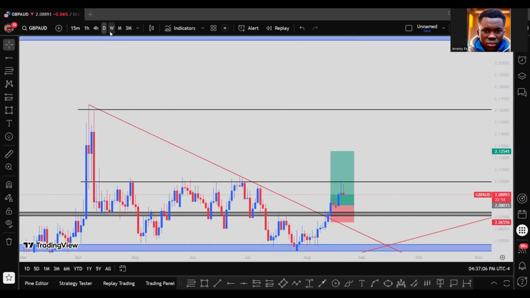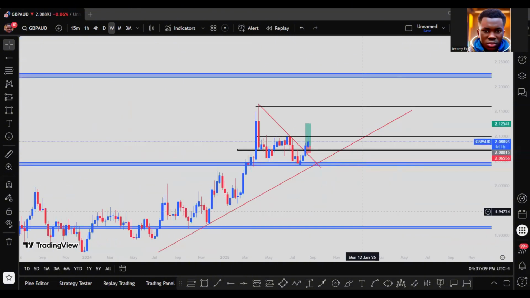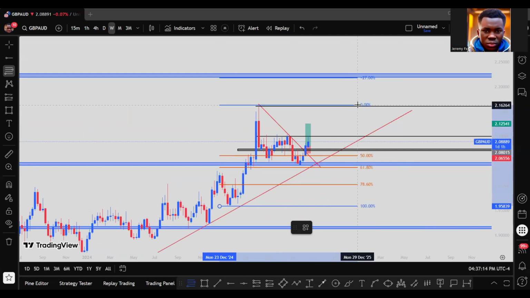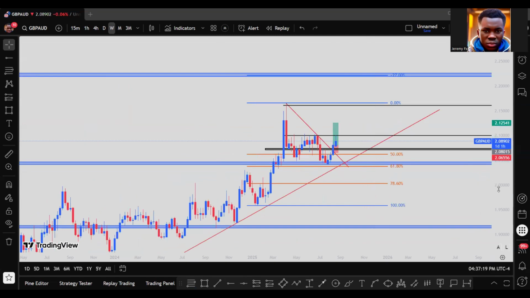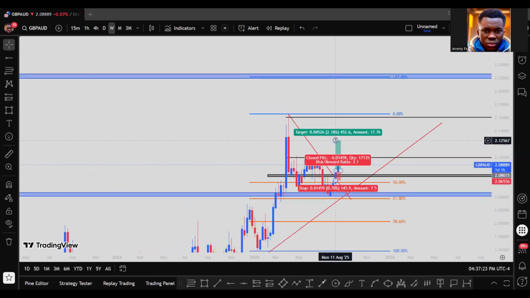So if I draw the Fibonacci, the 27% Fibonacci level is just for take profits, for you to decide on a take profit level where price is likely to go to and then get rejected. And that was this key level here. So it was still in line with the major level, the take profit level. So for me to go into a buy trade, my TP was supposed to be here,